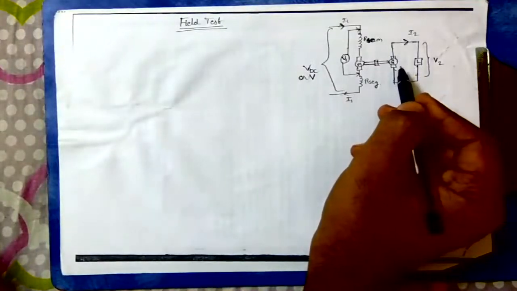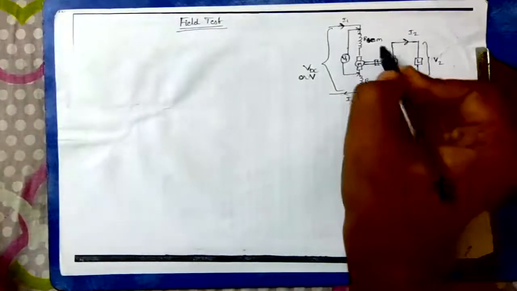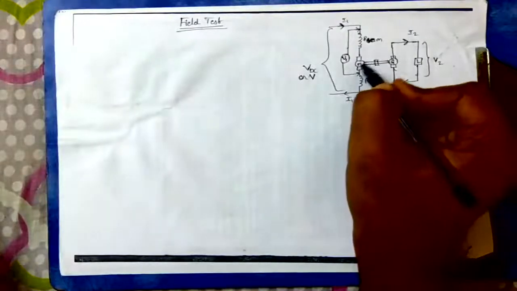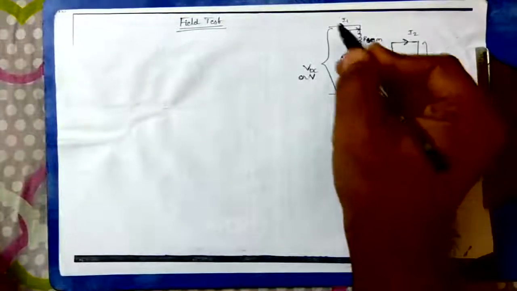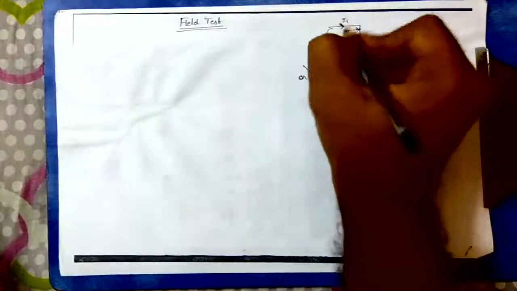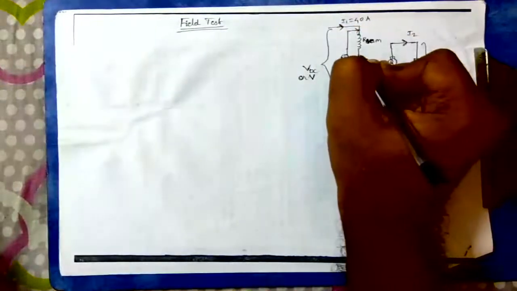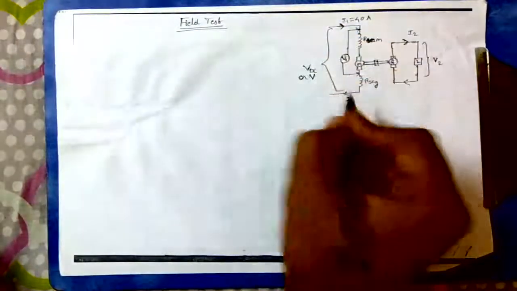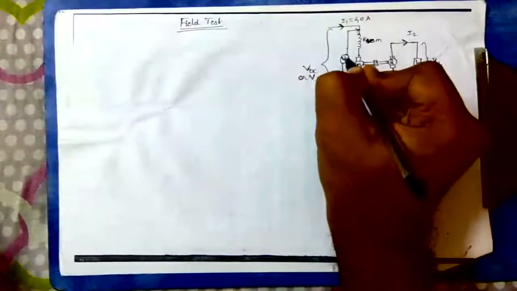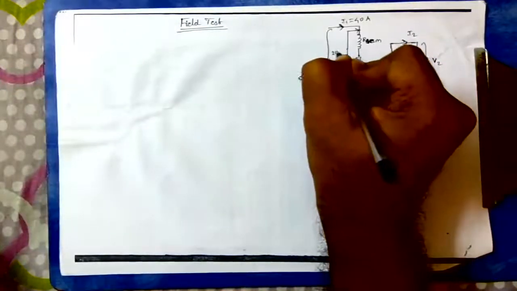First, the data with respect to the motor. Armature current is 40 ampere. We know that all current is the same throughout the circuit. Here I1 is the same, so IA is 40 ampere, and this will also be 40. I1 is equal to 40 ampere because I1 is equal to I. Armature voltage is equal to 200 volt. This armature voltage is nothing but your V1, remember that. This is 200 volt.